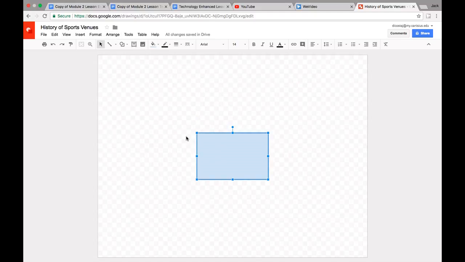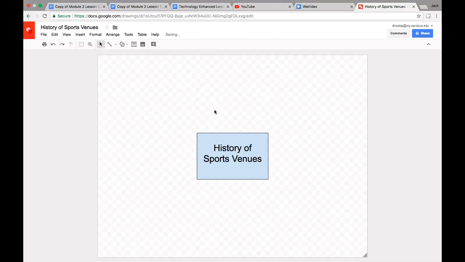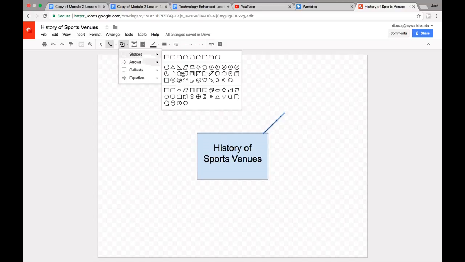After that, you're going to double tap inside the box and you're going to want to add your topic. Now we have that. Center that using all the tools up top here. All these tools are the same as regular Google Docs or similar to Microsoft Word. After that, we're going to use this line tool here to make a line from the center box out to the next box, which is going to be